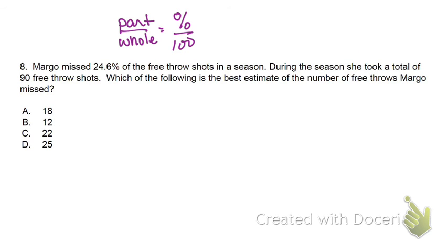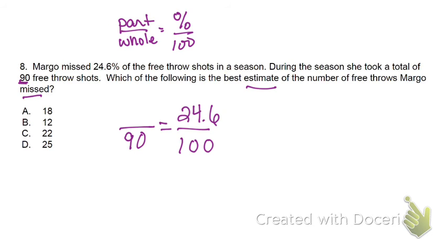All right, so this problem here says Margot missed 24.6% of the free throw shots in a season. During the season, she took a total of 90 free throw shots. Which of the following is the best estimate of the number of free throws that she missed? Okay, first thing is it's an estimate, so if it's not exact, it's okay. She took 90 free throws. So that's the whole amount that she shot. She attempted them. Now, we want to know what she missed, which was